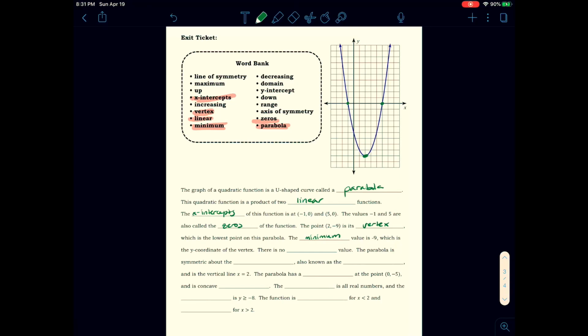Always want to look at the y coordinate of the vertex. There is no maximum value. I hope you can see why. If you look at this graph, it's always going upwards. There will never be a maximum value because it's going to continue growing and growing and growing forever. The parabola is symmetric about the, you could have put axis of symmetry or line of symmetry,